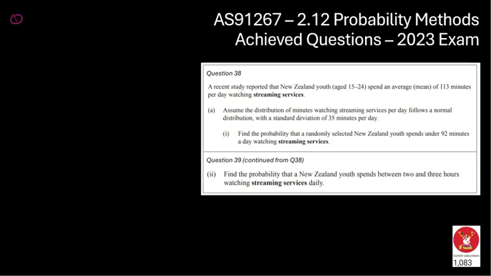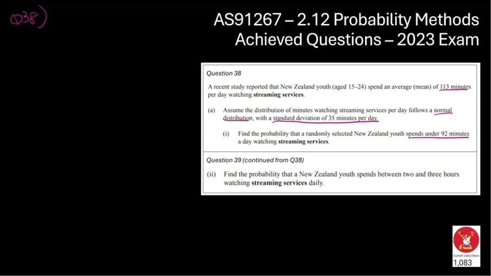Okay, we are now on to question number 38. We've got a recent report that New Zealand youth spend an average of 113 minutes per day watching streaming services. We're going to assume the distribution follows a normal distribution, so that's nice. It looks like we're using a normal distribution, and we've even been given the standard deviation. Then finally, we've been asked to find the probability that a randomly selected New Zealand youth spends under 92 minutes